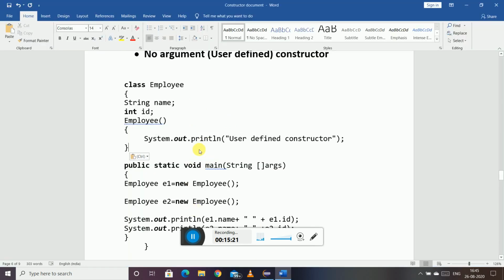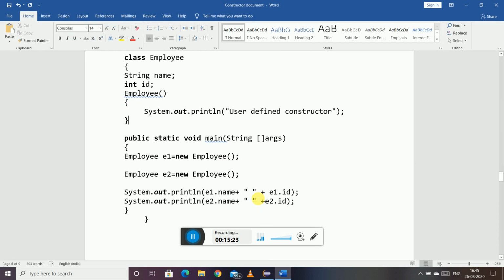See, what is happening is, you have made a call to this constructor, right? But since this constructor is not initializing the variables with any values, it is simply printing this message. So it does get called and it does print the message, but since it is not initializing the objects with any values, the default values of the object again get printed.